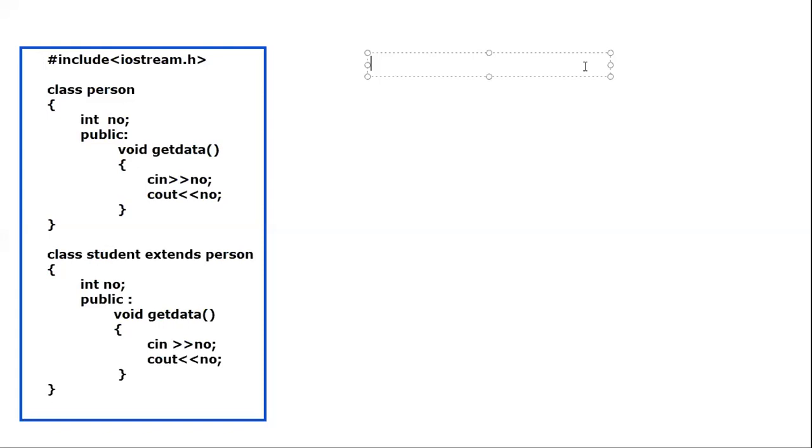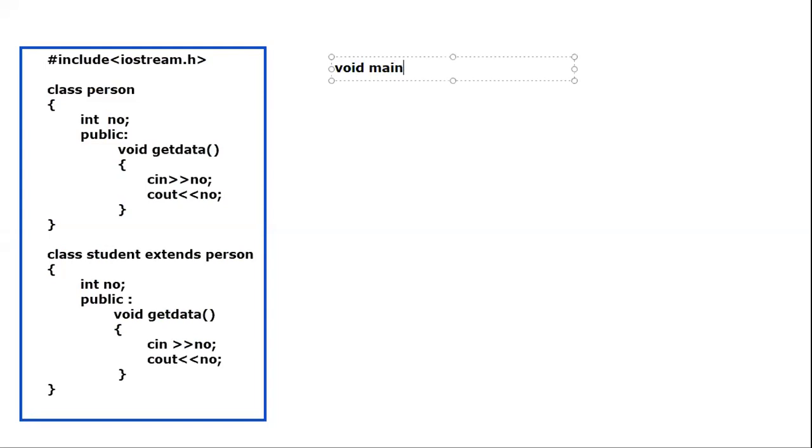But if you create an object for the base class only, that object will not be able to access the features of the derived class. So generally we create an object for the derived class.